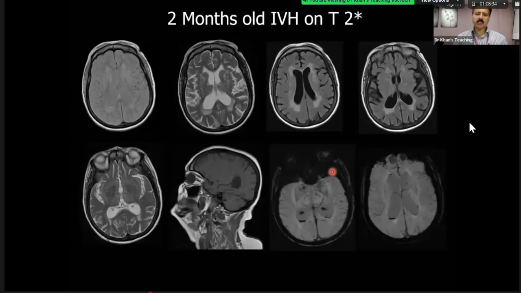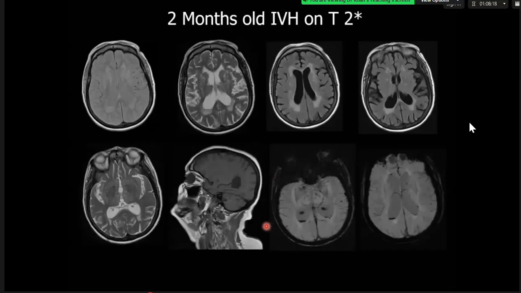Is there any hemorrhage in the ventricle? Candidate 5, this patient had intraventricular hemorrhage. So right now, is there evidence of any hemorrhage? On the susceptibility weighted images, it does look like there's some low signal in the lateral ventricles and the occipital horns, but this is of similar signal to the choroid plexi. In a 2-month-old patient, I don't think this is going to be calcification, so I'm inclined to say yes.